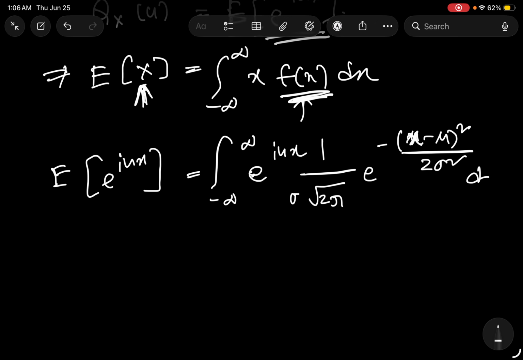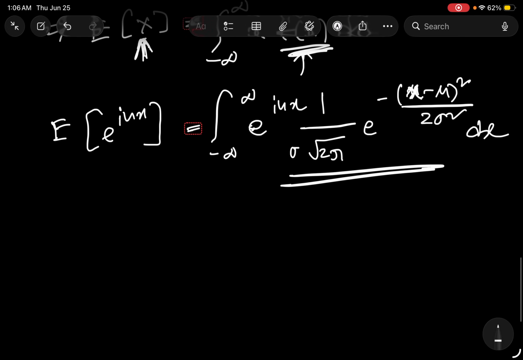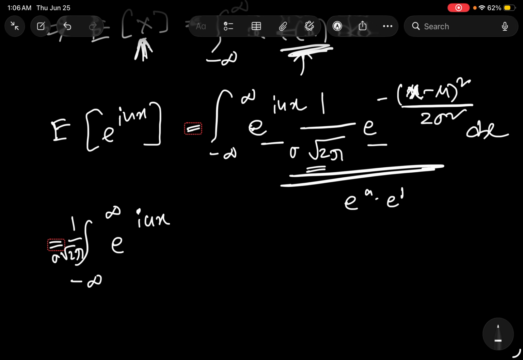And then you have your width dx. We need to solve this, and by solving this we'll be finding the corresponding characteristic function. So let's solve this. This is a constant, it will be pulled out. Then you have iux. Now you have two exponents. Let's use the property that e to the power a times e to the power b is e to the power a plus b. So this becomes